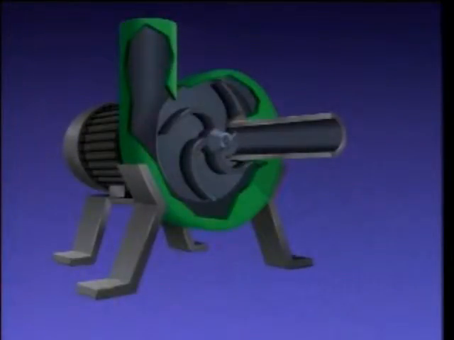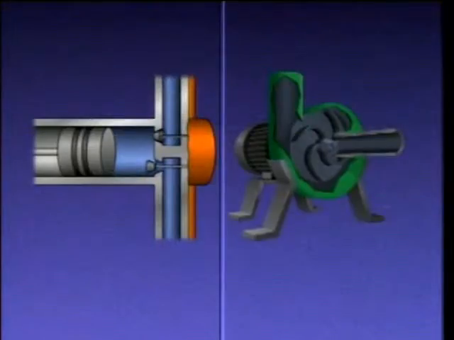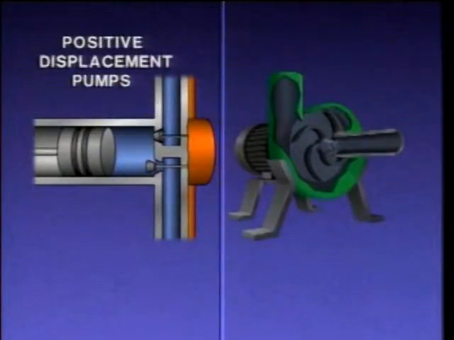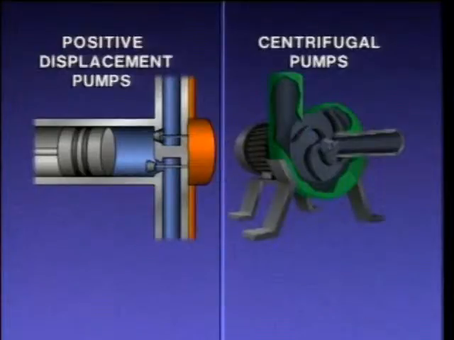Inside the pump, there's a component that physically moves the liquid through the pump. The type of component that's used determines the type of pump. Basically, pumps can be grouped into two general categories: positive displacement pumps and centrifugal pumps. A positive displacement pump uses a piston or some other device to push or positively displace controlled amounts of liquid